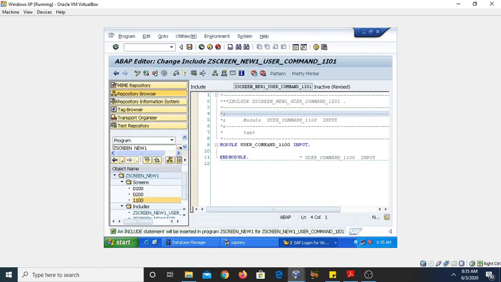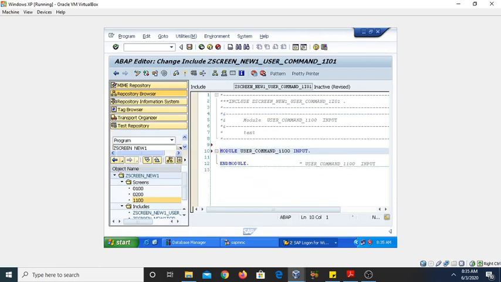Now we need to define some variables. So I am defining data ok_code like sy-ucomm.